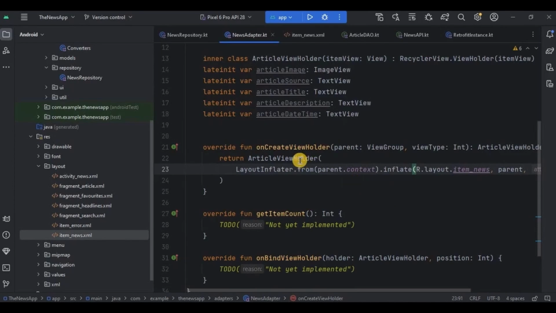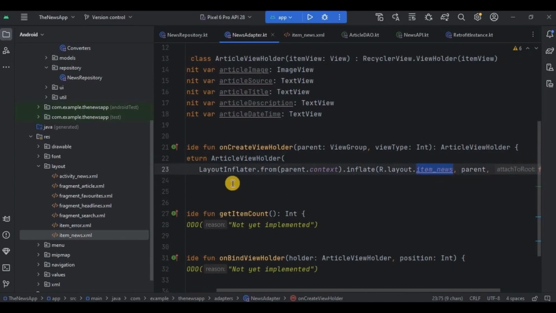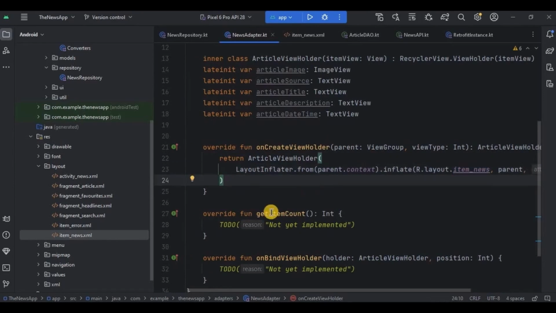See here, at the end it will return ArticleViewHolder obviously, which means it will return the item news layout only, that I have initialized here as LayoutInflater.inflate as item news layout. Got it? Then next is getItemCount. But before proceeding with that, we need to set up a